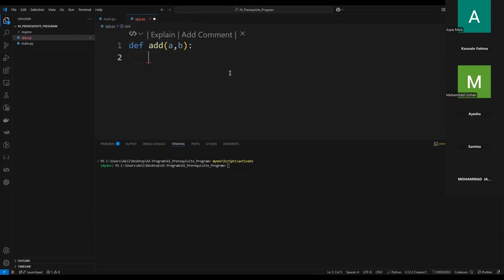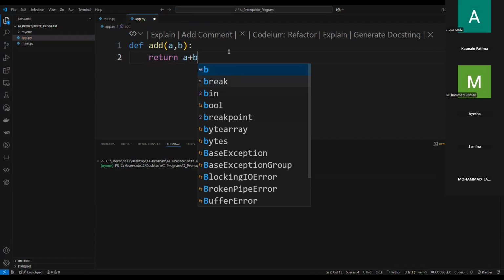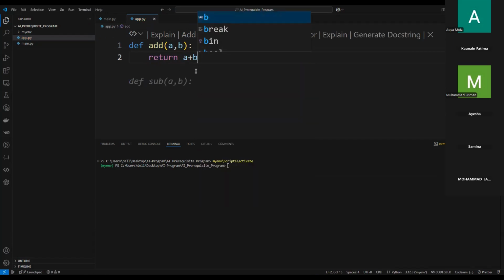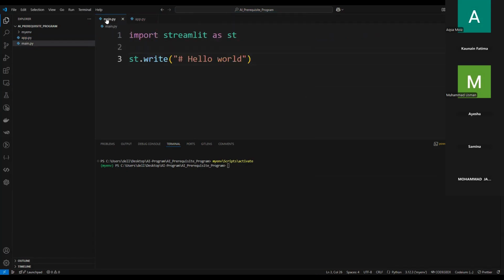ठीक है, हमने a, b लिया और रिटर्न करवा दिया मैंने a+b। सही है, ये तो मैंने अपना एक फंक्शन क्रिएट कर दिया। अब देखो, मैंने ये फंक्शन यहाँ पे क्रिएट किया है, बट इस फंक्शन को मुझे यहाँ पे यूज नहीं करना, मैं मेन पे यूज कर रही हूँ। क्यों? क्योंकि मैं डेटा कहाँ से लेकर आ रही हूँ? फ्रंट एंड से लेकर आ रही हूँ। जब मैं फ्रंट एंड से डेटा लेकर आ रही हूँ तो डेटा तो मेरा यहाँ पर आएगा। सही है, इस वाली फाइल पे आएगा।